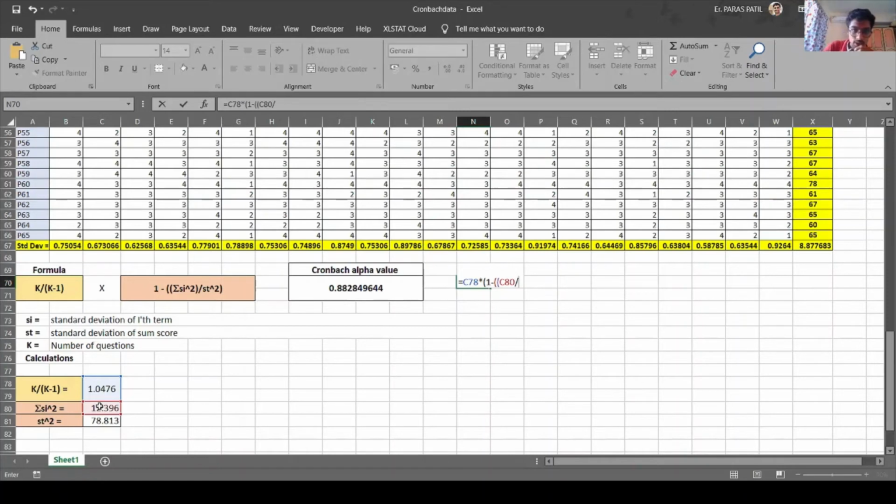Okay, just close this first and then divide by ST square. And I hit enter. 0.833, 0.883, sorry.